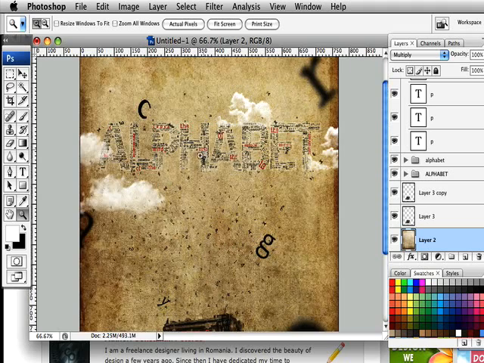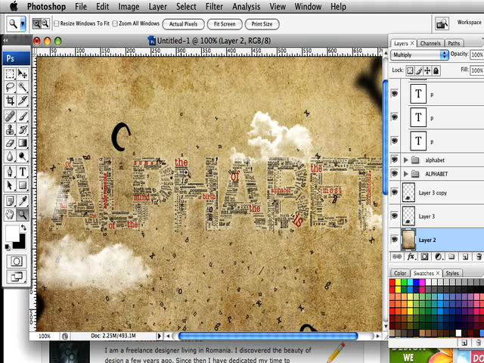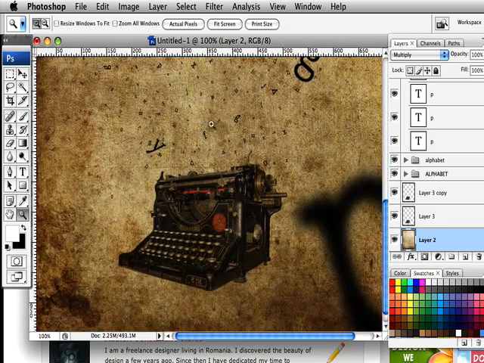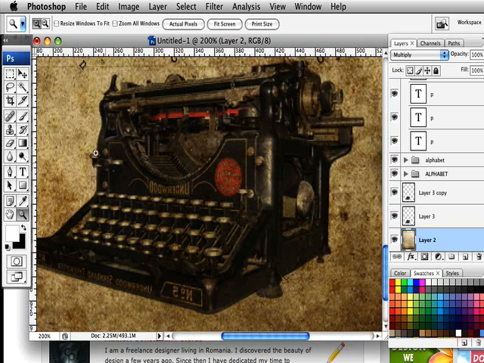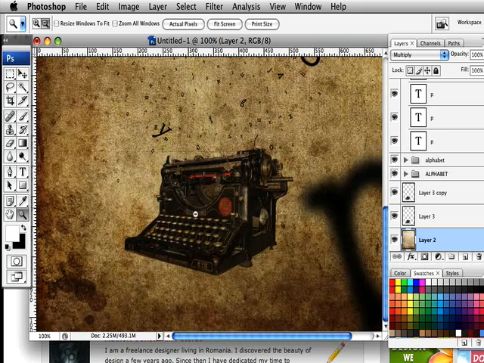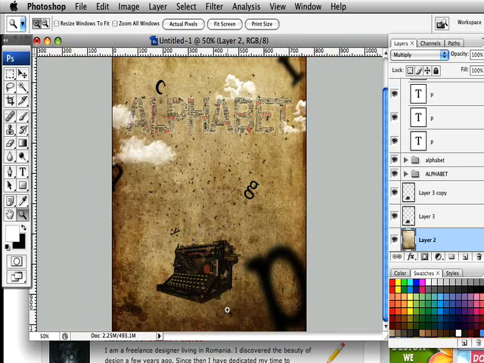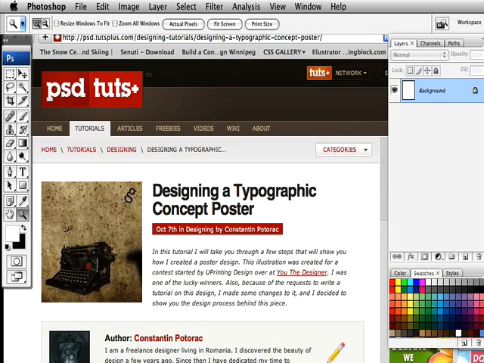Let's just zoom into 100%. And we've got this really cool effect of the letters going across the top and breaking away from the keyboard, from the typewriter, sorry. And if you have a look at the typewriter, it really works well. It blends in with the final piece, and just two little simple techniques to get that to work. And that's it. So let's get started. I'm just going to minimize that and